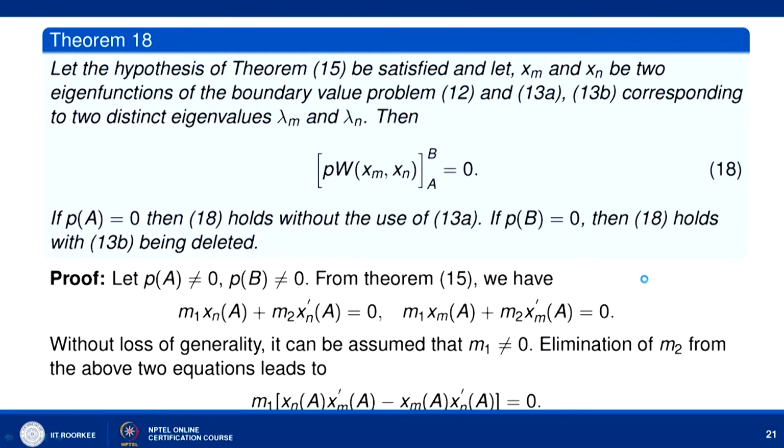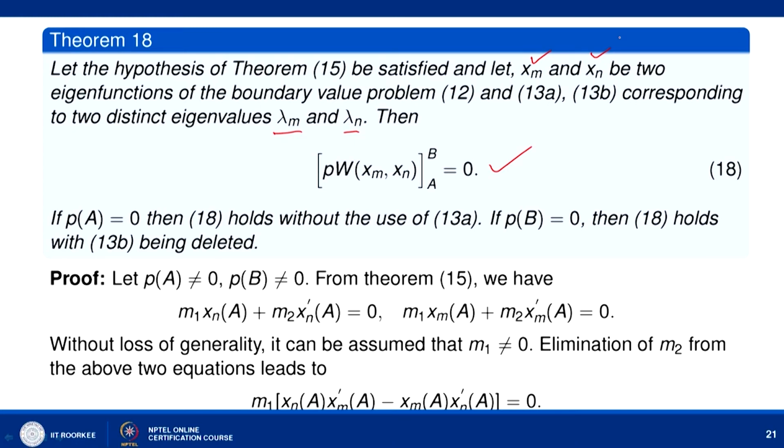Let the hypothesis of theorem 15, that is the existence of eigenfunctions theorem, be satisfied, and let xm and xn be two eigenfunctions of the boundary value problem corresponding to two distinct values lambda m and lambda n, then this boundary condition holds true. Because if you look, we have assumed that if this boundary condition holds, then the corresponding eigenfunctions, that is xm and xn, are orthogonal to each other with the weight function r of x. Now we want to show that if we have a boundary condition, that is 13a, 13b, is true, then this